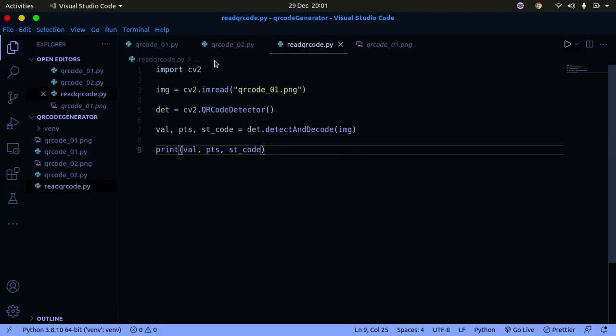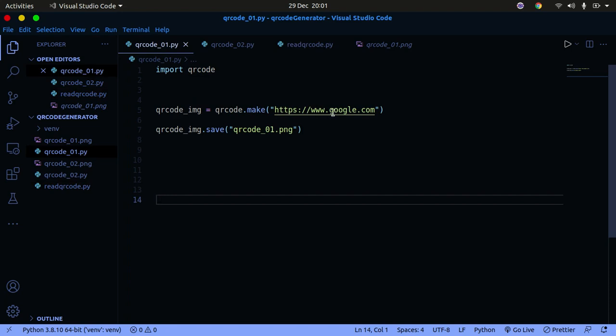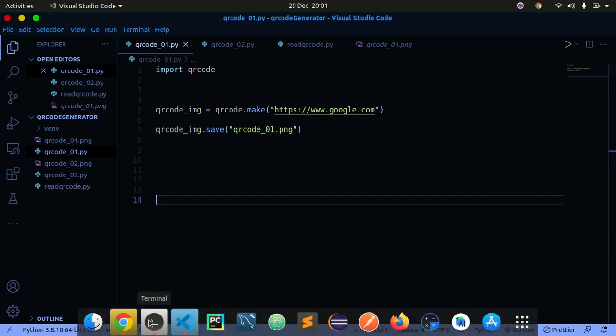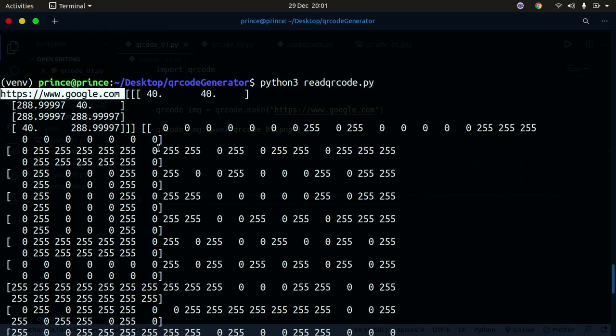So if I go back to the first QR code, which is this one, you can see the value that you have stored in it is this Google link, and you can see that if it decodes it, it gets that Google link. The rest are just some